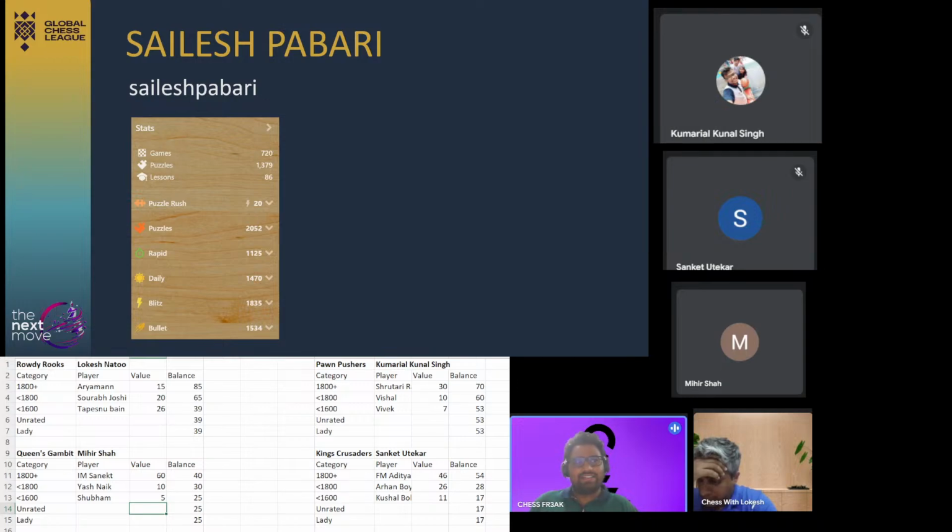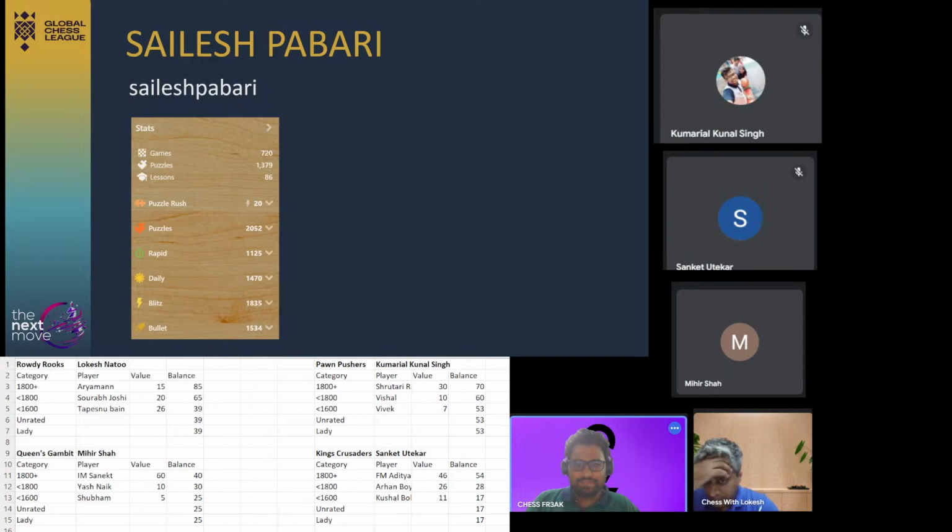Sailesh Pabari, asking bid of only 1 point. Do I see any opening bid for Sailesh Pabari? Well, no bids. Sailesh Pabari going unsold once. Going unsold twice. And wow, we don't have any bids for Sailesh Pabari. Wow. Sailesh Pabari goes unsold. Now the next player,